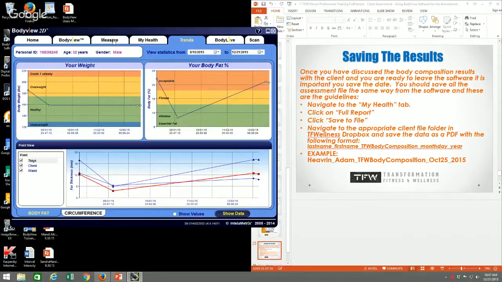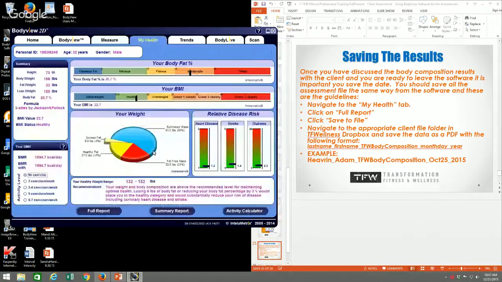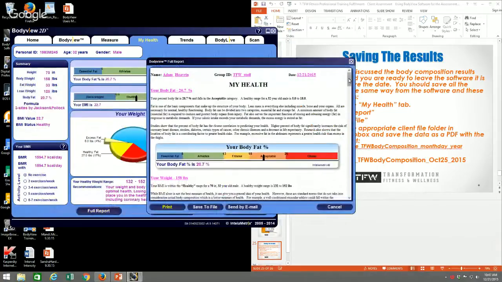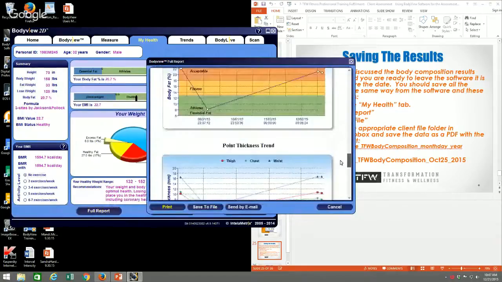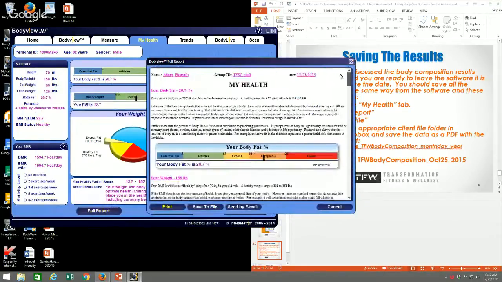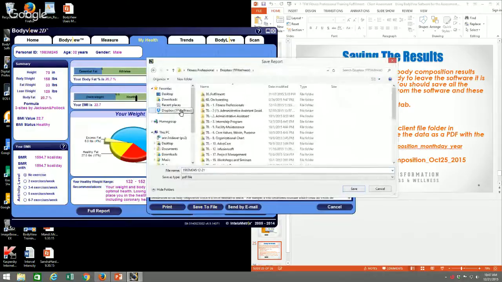So what you want to do is click on the My Health tab. Full report. Now this pulls up a very information heavy and graphically displayed report of all the results that they've had up to this point. I want to save to file. And I need to navigate to this person's folder. So fitness professional, and let's go to